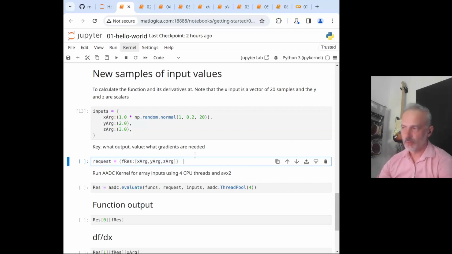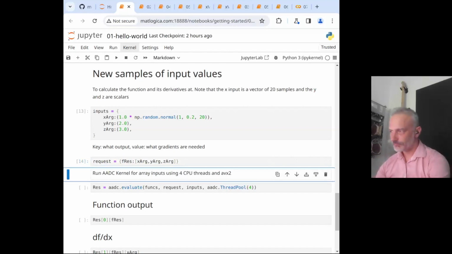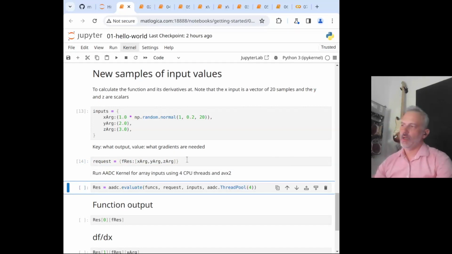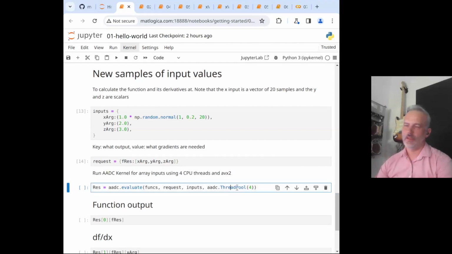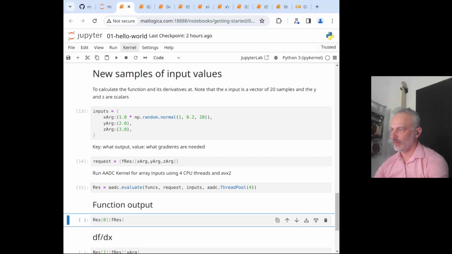So here in this data structure, you can explicitly say what output you want to see and what derivatives you want ADC to compute. And now this is the high-level call allowing you to provide all this vectorized data as input, the request, and also you can say how many threads and how many CPU cores you want to run it on to produce back vectorized data. And here we have it.